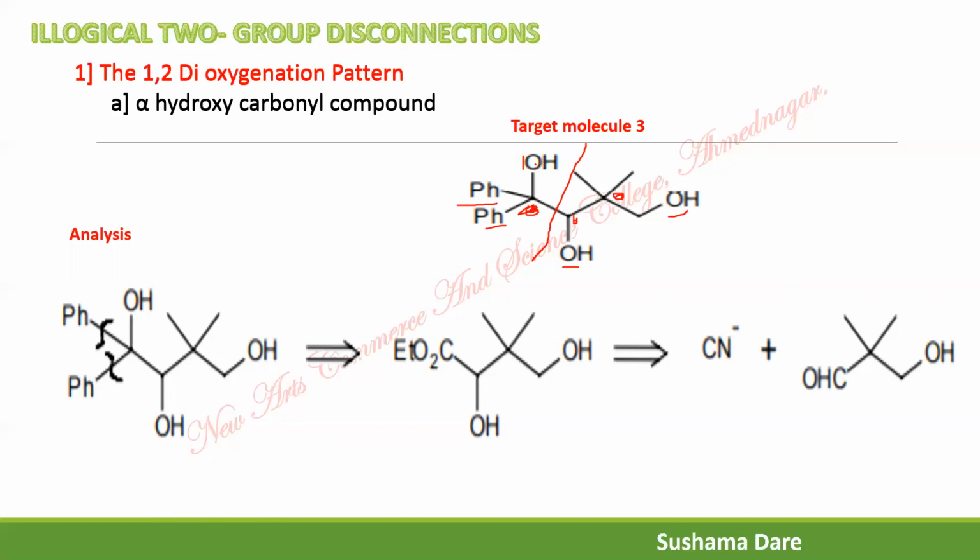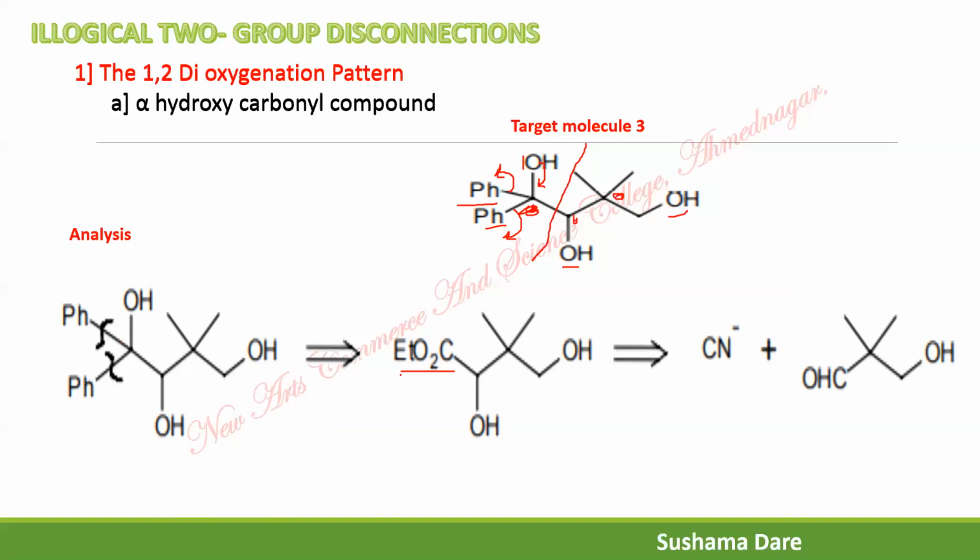And as you know, if you are going to disconnect one symmetric bond, then you have to disconnect both the bonds. So disconnect both the bonds. Which group do you have to write down? You have to write down the ester group, so that in the first case ethoxy is replaced and Ph minus is added. In the second step, the ester group is hydrolyzed, and Ph minus attacks the carbonyl group, and that gives you a hydroxy functional group.